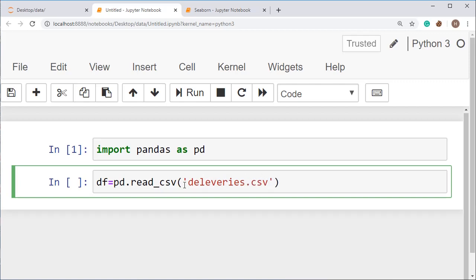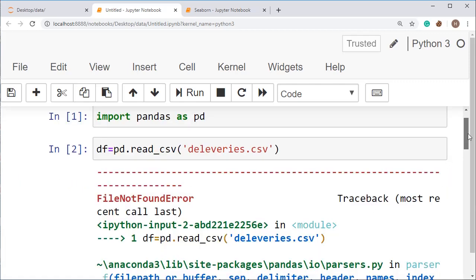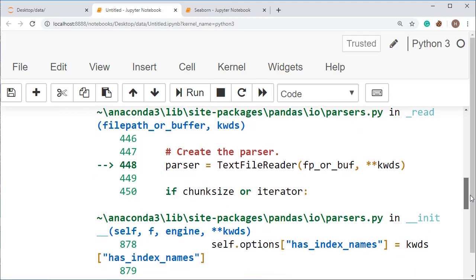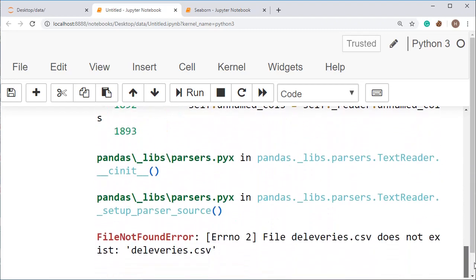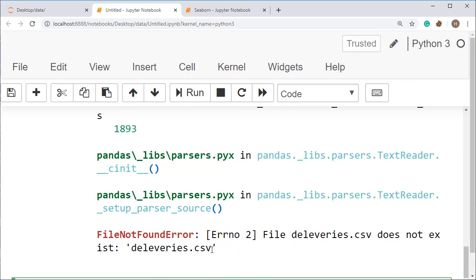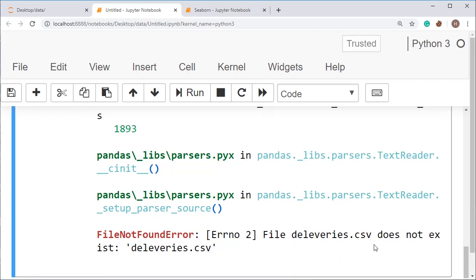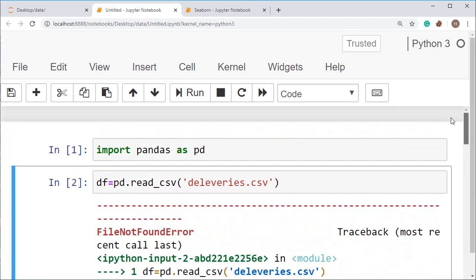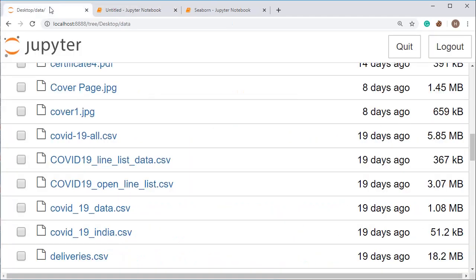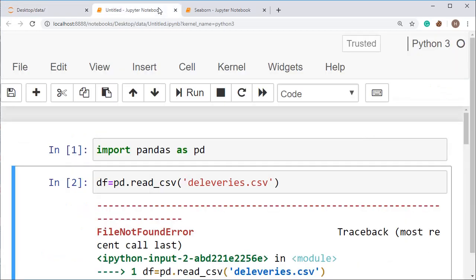When we run this cell, it shows an error because I made a mistake: the file does not exist. So just correct the name. See here, the name is Deliveries.